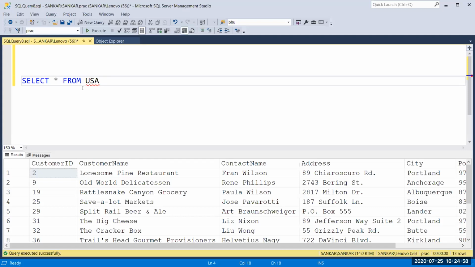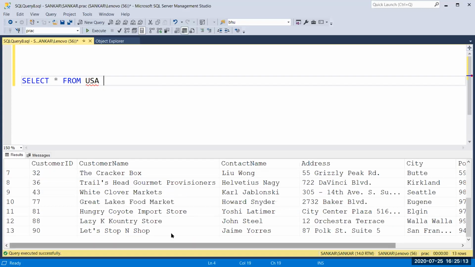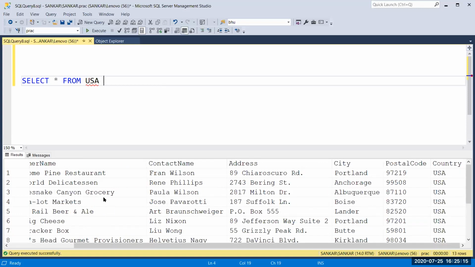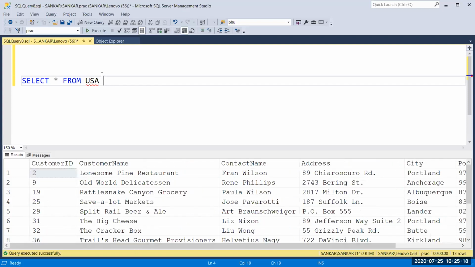And here you can do the table properties. So you can do the real table properties in the USA view. So if you want to grab some data, where, I'm going to grab overall names that start with S. What are the names that start with S in the customer name column?